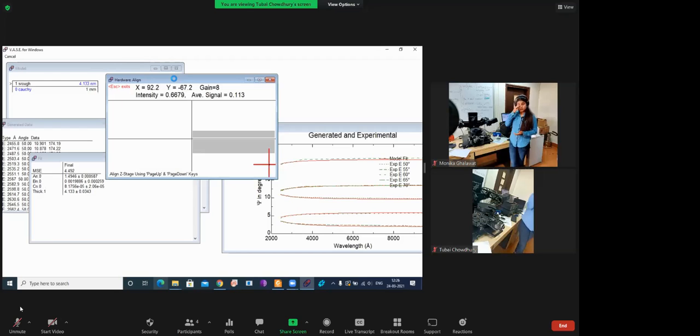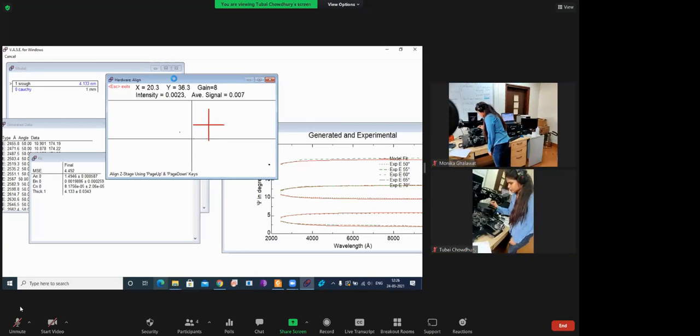Okay, so we'll go for our next sample. The sample size is very small. As I told you, the size is nearly 0.5 by 1 centimeter. So I will show you how to mount these small samples. This is the small size sample. What we will do, we'll just place it at the center